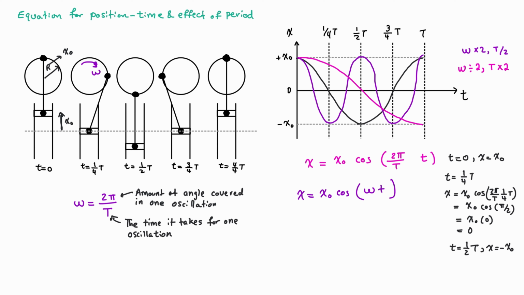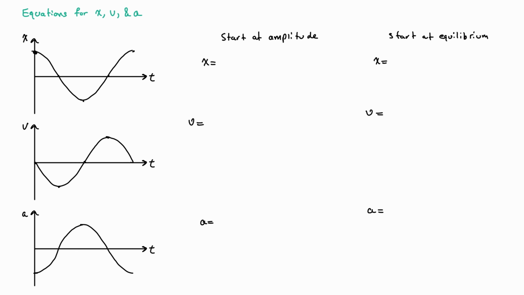And just to summarize here, the faster the oscillation, the more frequency we're going to get, and the slower it is, our frequency is going to decrease and the period is going to increase quite a bit. And this is the equation that we use if our starting position is right at the amplitude. So our equation, if the object starts at an amplitude or positive amplitude, it becomes x naught cos omega t. And if it starts at the equilibrium position, it's sine omega t, assuming that it starts moving in the